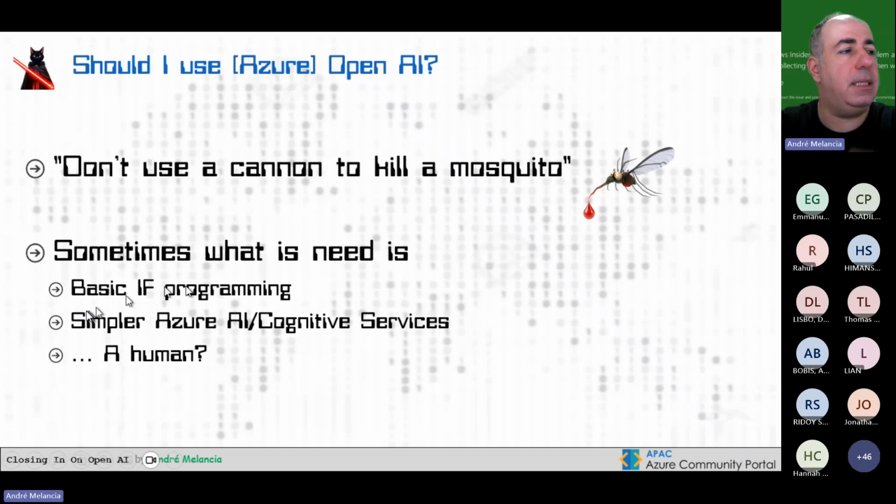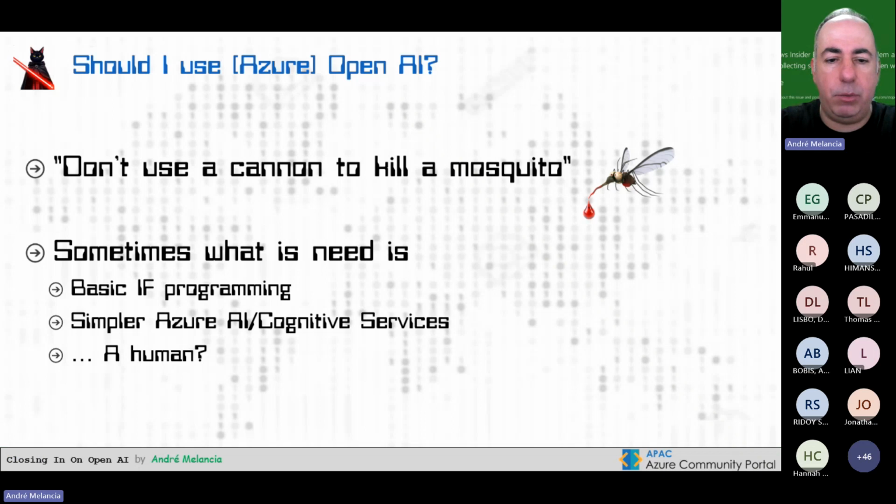In some cases, just if programming is easy. Most of the bots that you see if you go to websites are just if programming. The bot framework is just ifs. It's very, very basic. What they add is some cognitive services to process the phrase you get, but they extract some keywords out of that to be able to do the ifs. So it's very basic. But if you are doing a bot with OpenAI like the ones that we saw,